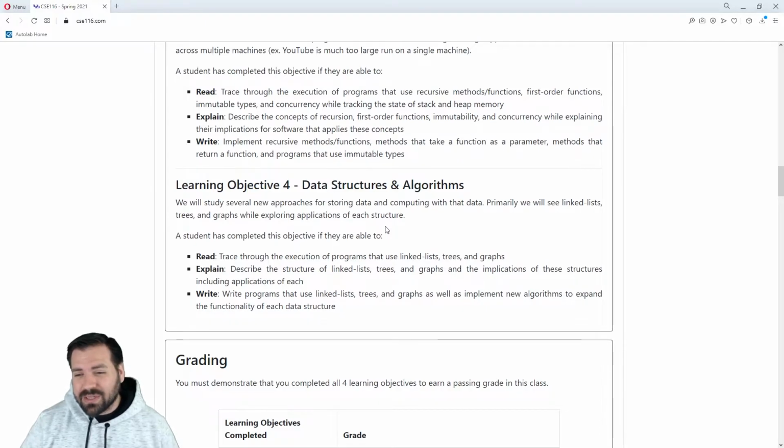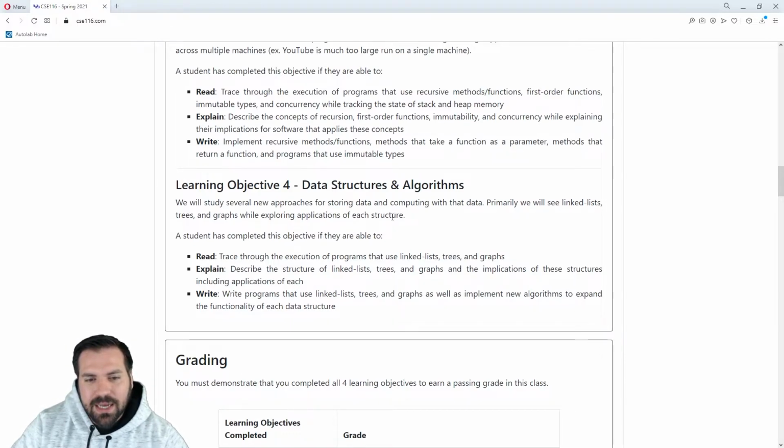Or do I not want to use either of them? Do I want to go back to the 115 days and just write a bunch of methods and call those methods? That's fine too if that's the way you want to do it. But everything's on the table, and it's to the point where I want you to start applying these concepts when they're most applicable. It's probably a better way to say that.